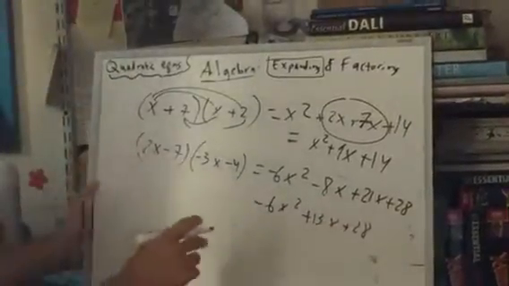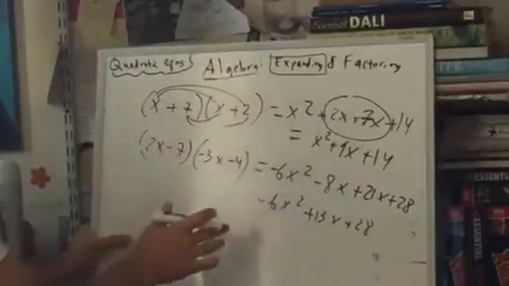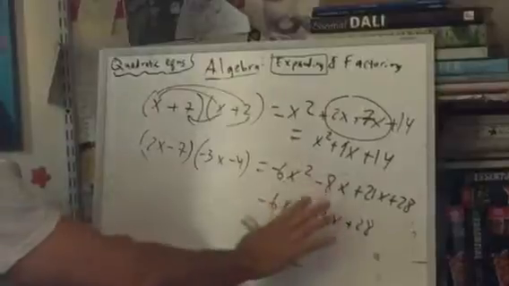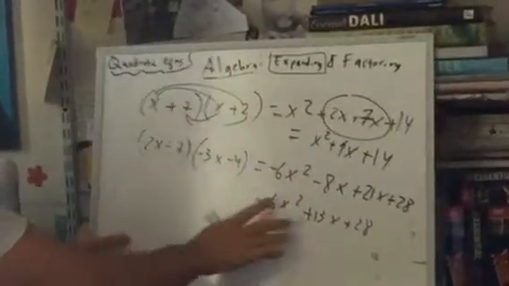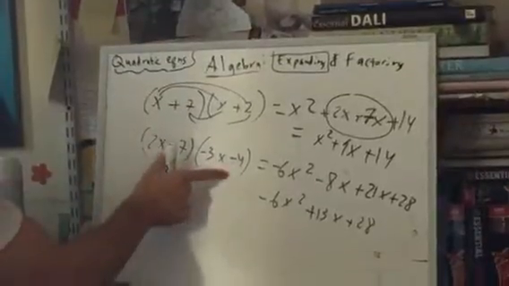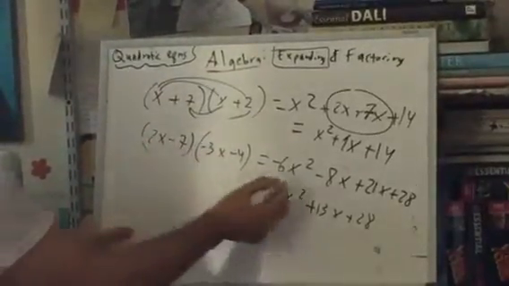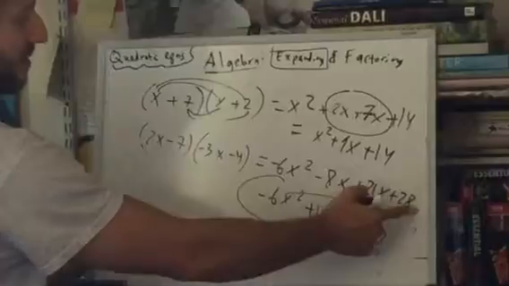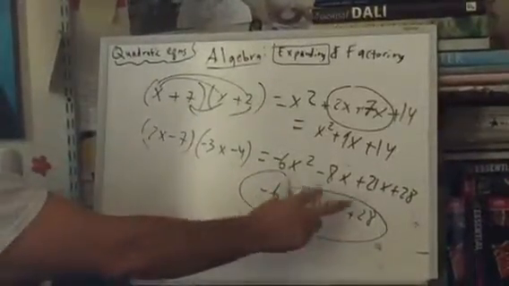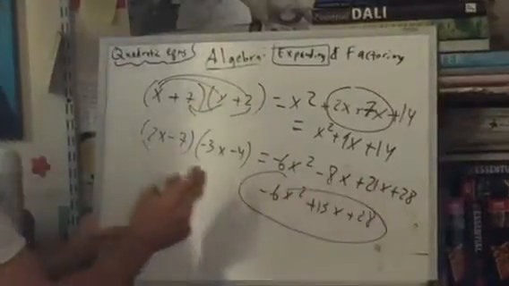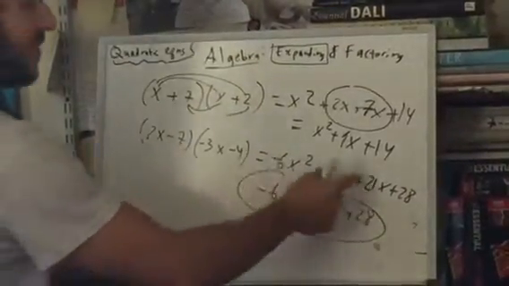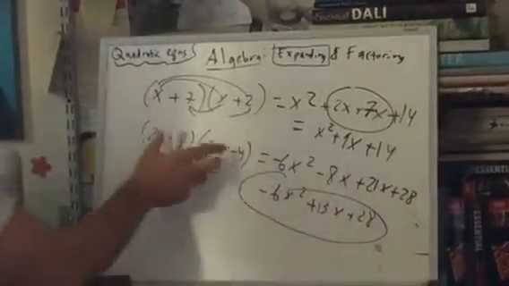Okay, this is stuff you might see in a traditional class. My 2 cents are, this is all great, you should know how to do this, but this just won't cut it for our purposes. Specifically, when you see this, I want you guys to be able to go straight to here without doing this. Why? Because notice, you're almost copying it. The only step you're doing is adding these 2 terms. And also it's not just about saving that little bit of time, it makes you better at visualizing how